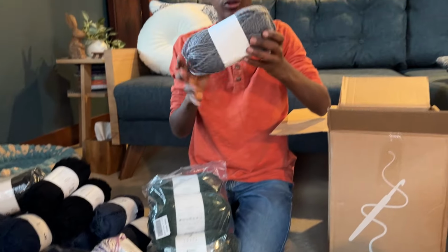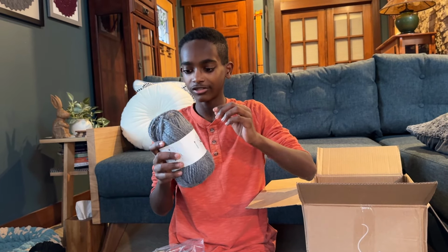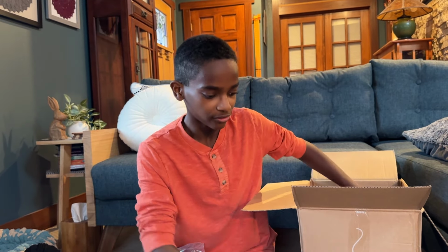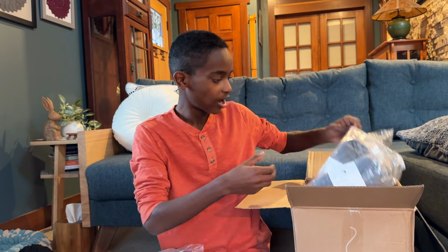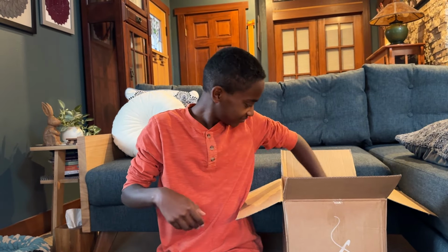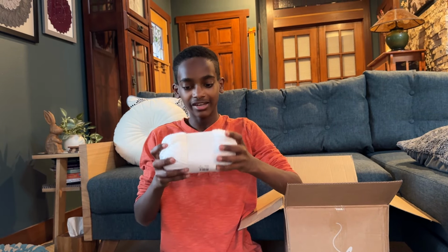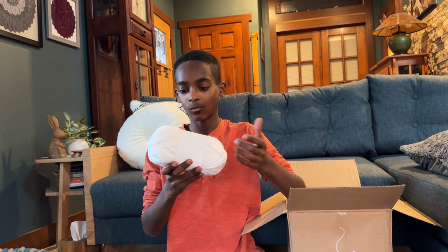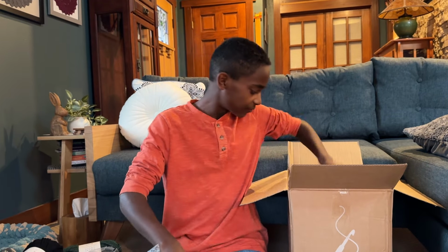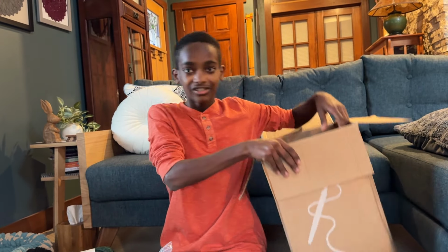And then here's another Umami, but it's in like a light pewter shade, and it's so beautiful. You can always use a nice gray in terms of a color palette because it's so versatile. And there's several of those because you can use them in a wide variety of projects. Oh, and another green. And then we have a nice white Umami, which is that acrylic and wool mix. And to finish it off, we have 8 of those. So we have the pack of 5 and then the 3 singles. So if I set this aside,